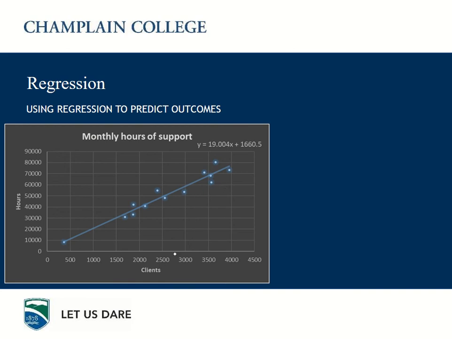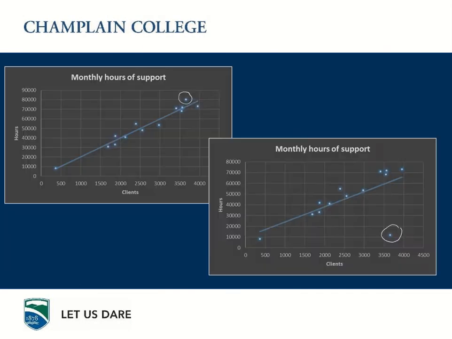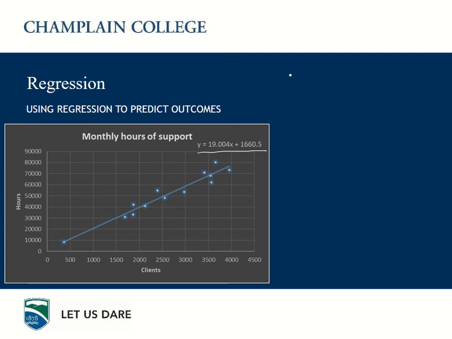If we have 2,700 and we did this linear regression, the software is going to tell us the equation. In this case, the equation is y equals 19.004 times x plus 1,660.5. So if you are trying to estimate what's going to happen when the number of clients, x, is 2,700,